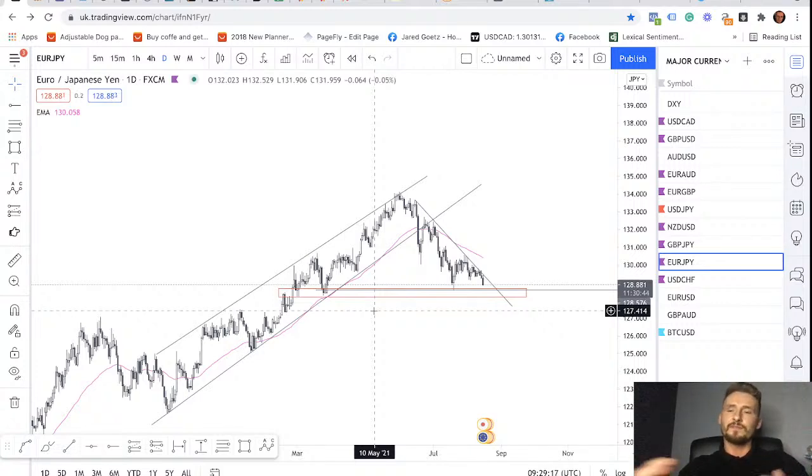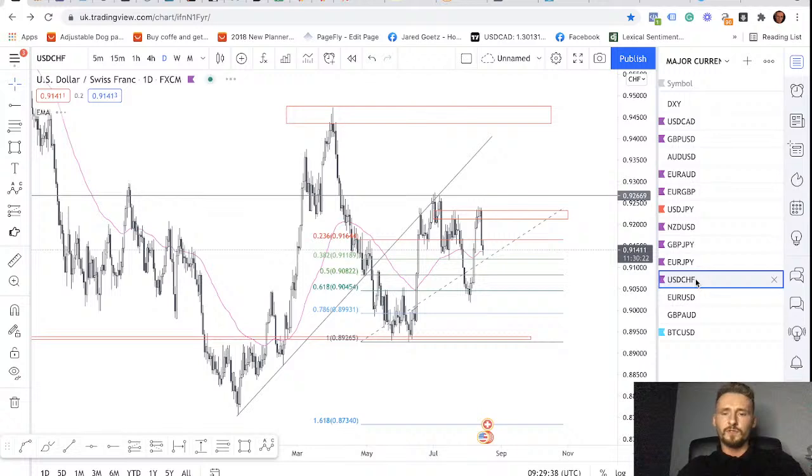Because too many times I've had so much analysis and something will move, one part of my analysis will be incredibly right, and then I'll have something else that's conflicting that'll maybe take me out of the trade, or maybe get me to take my profits a little bit early, and it's just not an efficient way of doing things. So trust me, sometimes less is 100% more, especially when we're talking about forex. So moving on to US dollar Swiss,